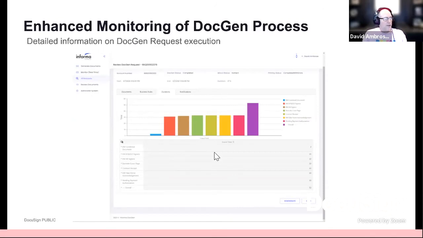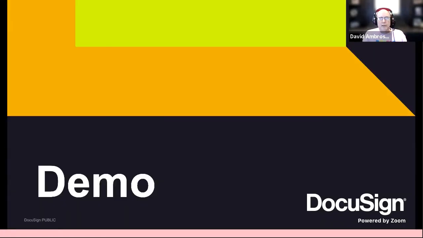Some notifications, so we can see which documents were generated and how long it took to generate them. And we'll actually see that inside of the demo. So let me just quickly